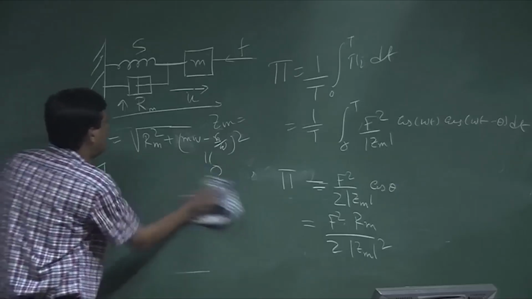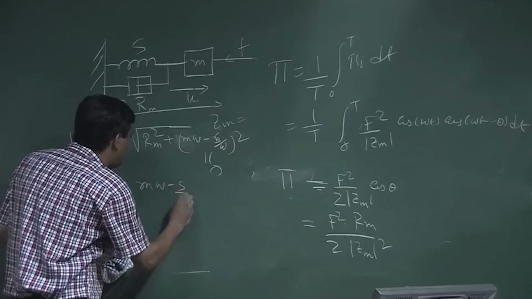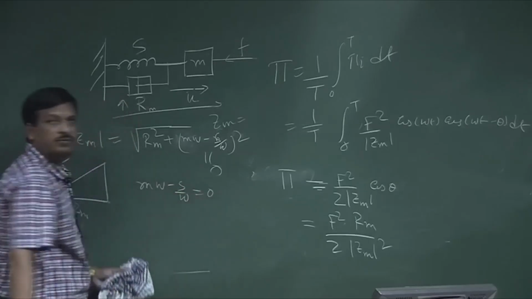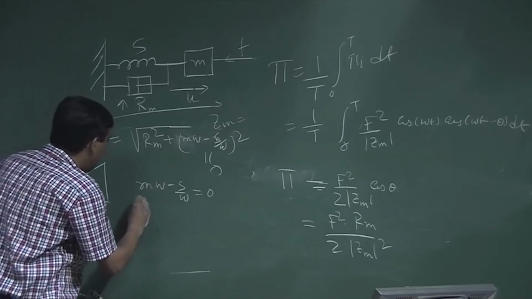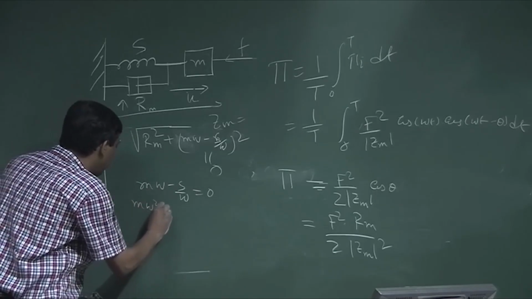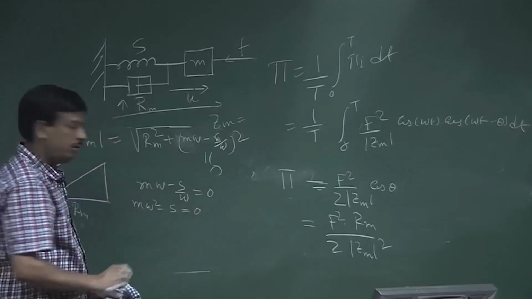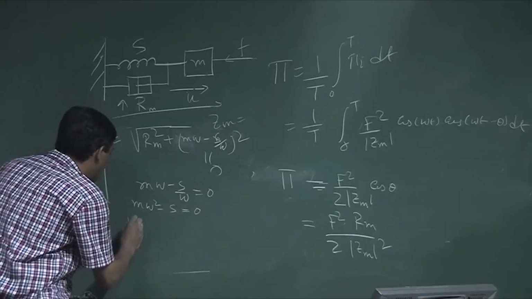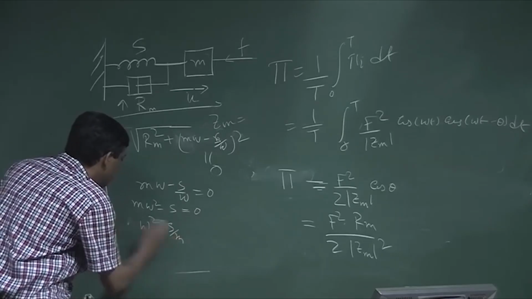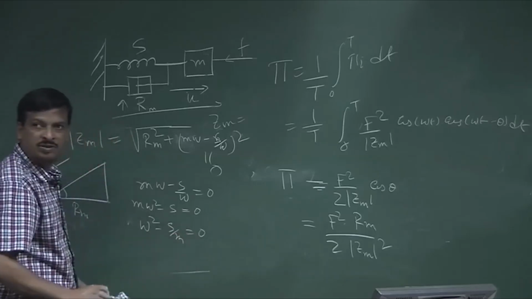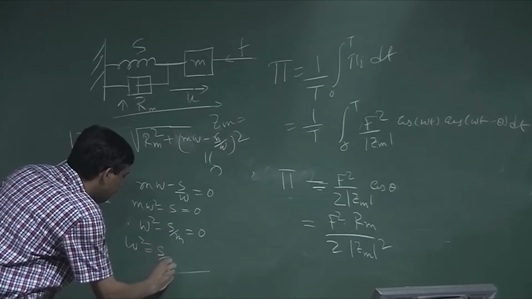When omega m minus s by omega is equal to 0. That is the condition I want. So, it is m omega square minus s equal to 0, or omega square is equal to s by m, which is nothing but